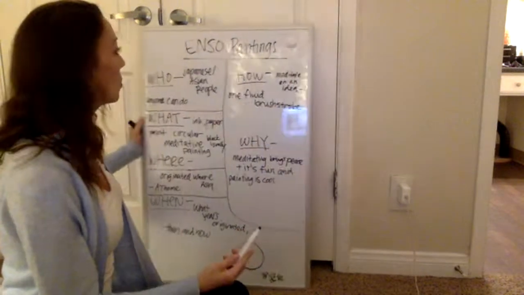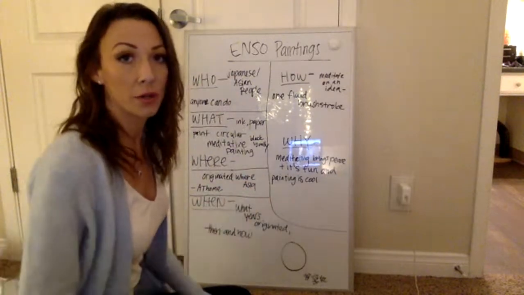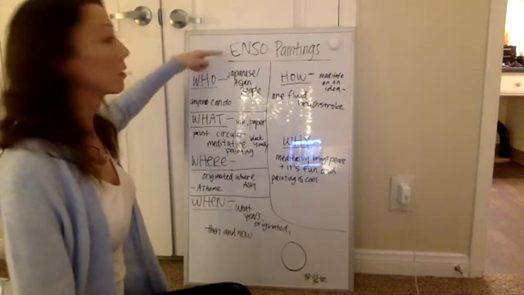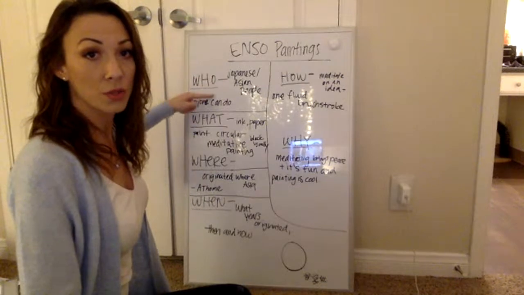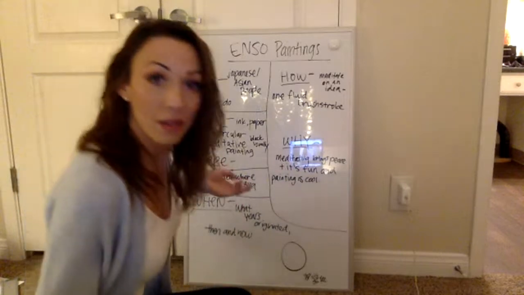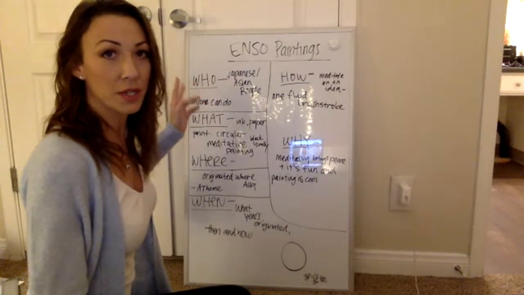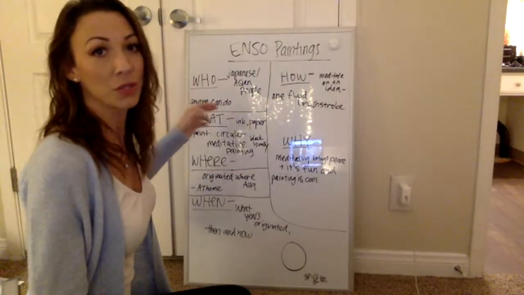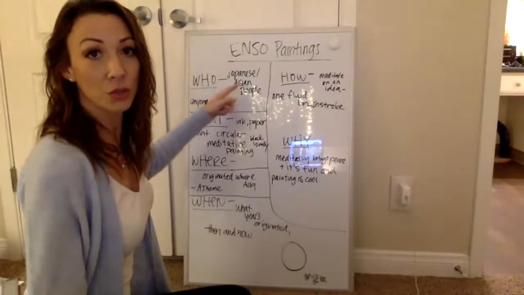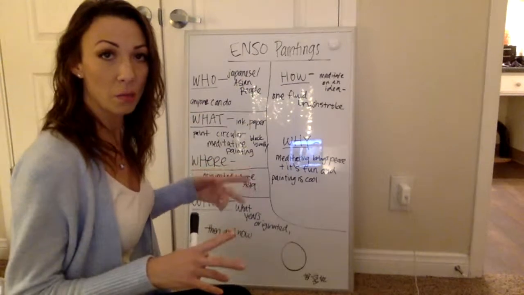But say you don't have an Enso painting. Say you have a paper on World War II. You can write World War II up here, and then think of who was involved. And this is sort of like a form of mind mapping, brainstorming. In World War II, I don't remember history. It really bored and depressed me to research war stuff. But you would put who was involved in World War II, the countries, the sides, the politicians involved,